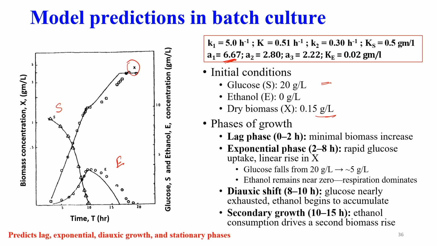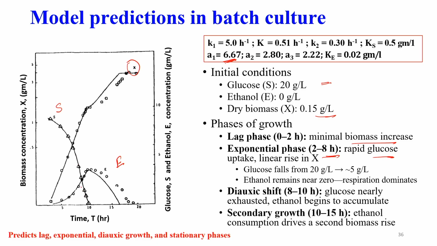Now in the lag phase there is a minimal biomass increase, a very slow increase from 0 to 2 hours, but in the exponential phase, from 2 to 8 hours, we see rapid growth and